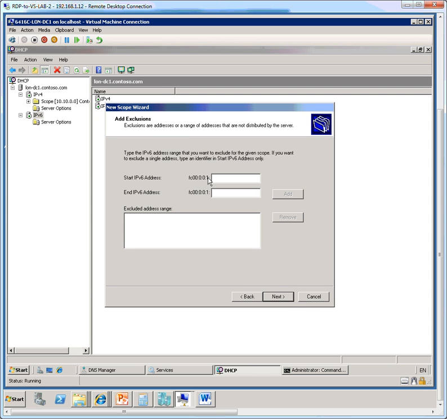Now on the add exclusions page, let's enter an address of 0:0:0:1. So those are the last 4 16-bit groupings within the IPv6 address. So that's for the start address, and the end address is also going to be 0:0:0:1, and then we click on the add button. So this is going to exclude this address range, or basically the single address, and then we click next,